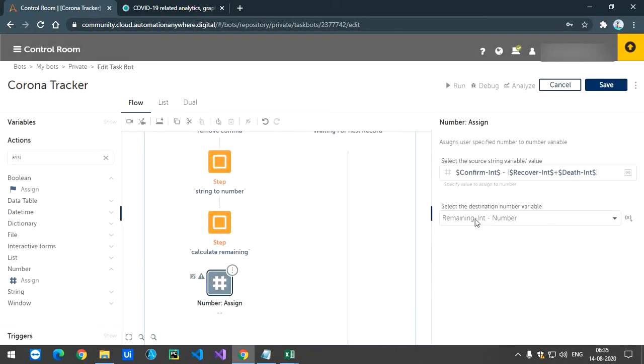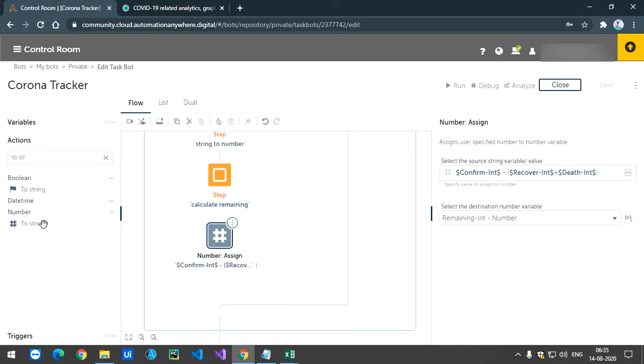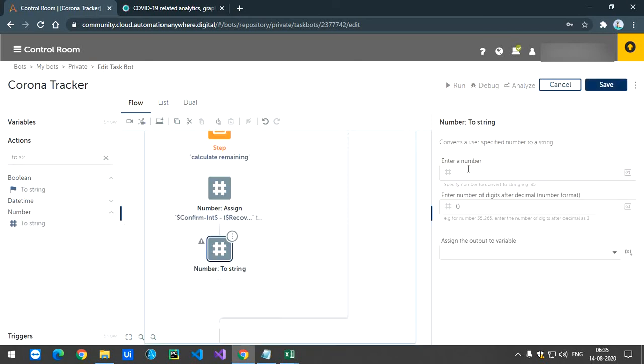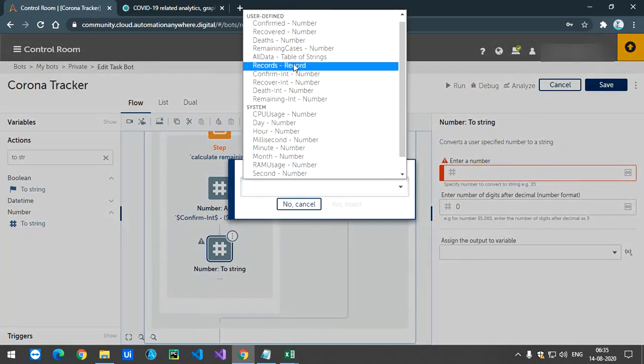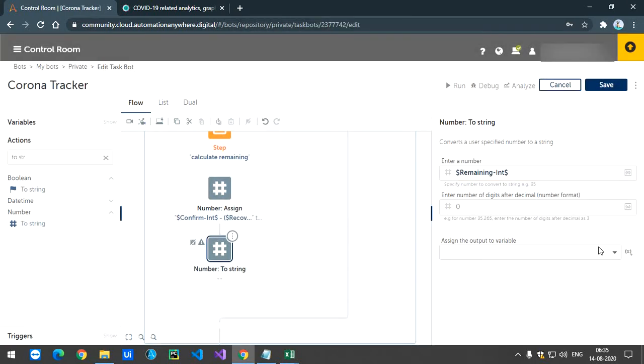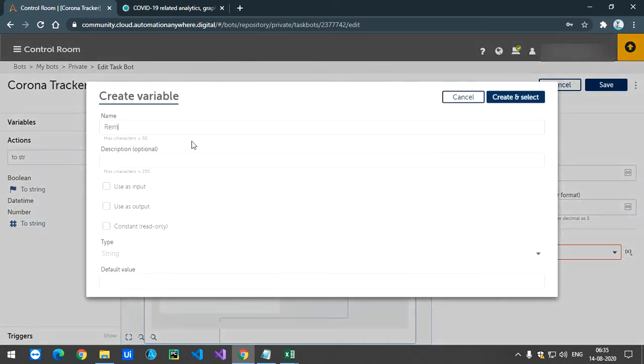Now this remaining int number needs to be converted back to a string. So to string of type number, add it here, the variable name is remaining int, and I'll assign it to the variable name remaining.